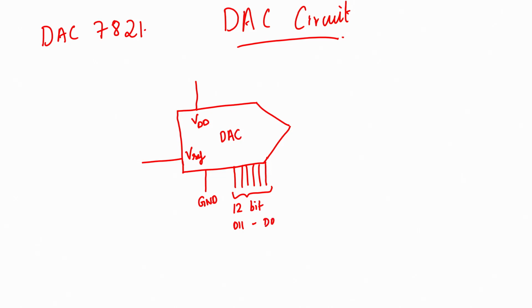Now what else is required? We know what the output is. The output in this IC, as we have discussed before, is in the form of current. So we have I out 1 and I out 2. What else is there? Yes, you guessed correctly, there is one more main signal, that is for the R feedback, RFB. So we have made the DAC.